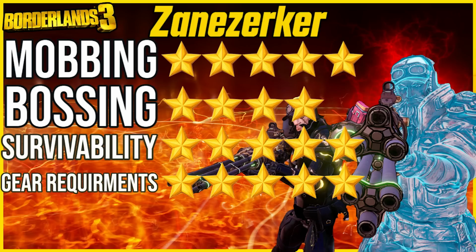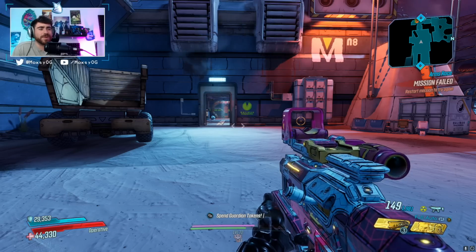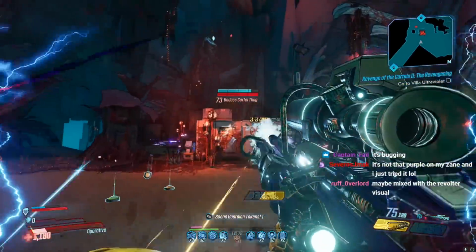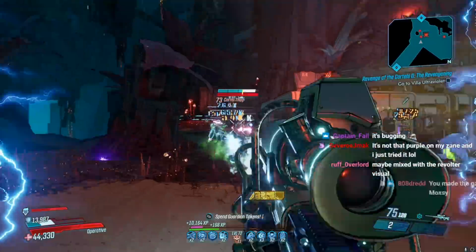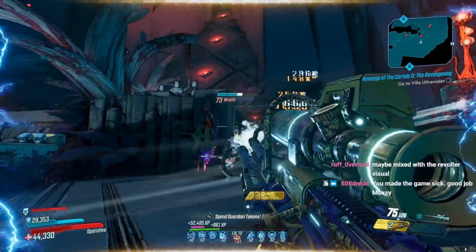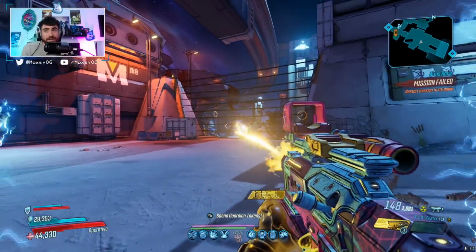Today we're going over Zanezerker, my new clone Zane build. Now, I hesitate to call this a clone Zane build because while it is focused on clone, my biggest thing that I didn't like about clone builds is I always felt like I had to watch the clone do damage, and if the clone couldn't kill things, my character didn't have enough to actually kill things. This is equal parts clone build as it is focused on us, and it's named Zanezerker because it's paying